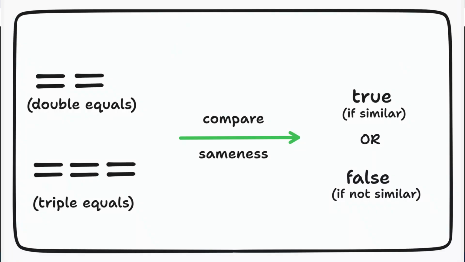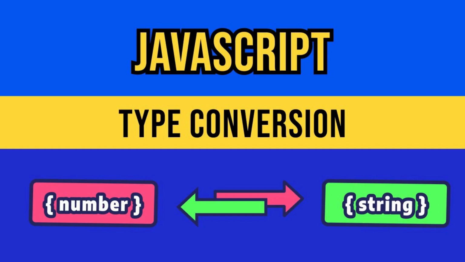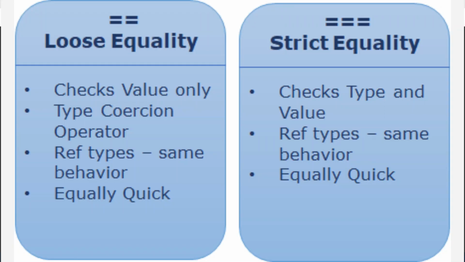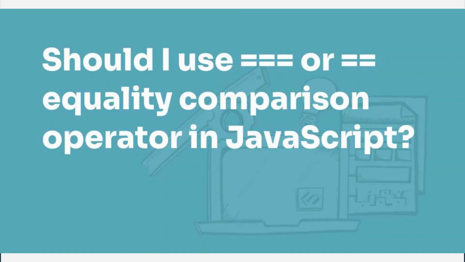At its core, double equals is the equality operator, while triple equals is the strict equality operator. Double equals performs typecasting, meaning it tries to convert the operands to the same type before making the comparison. Whereas triple equals checks strictly for equality, meaning it compares both the values and data types without any type conversion. Both operators have their own use cases. Double equals can be useful when you want to perform loose comparisons, while triple equals is essential for strict and